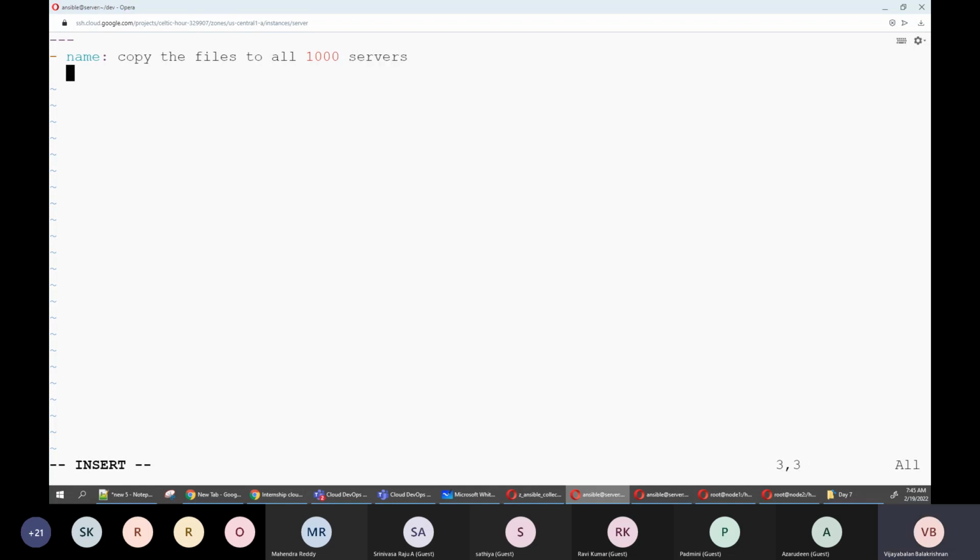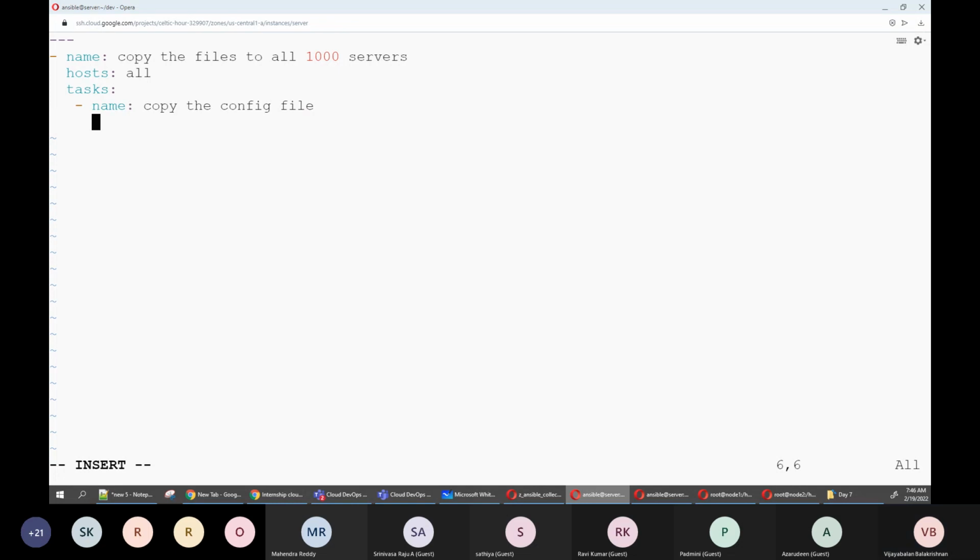Assume in your inventory file you updated all 1000 server names. So hosts: all, and tasks. I need to copy, so name: copy the config file. Assume the text file is our configuration file. Actually, it's just a text file, but we are assuming that it is the config file.